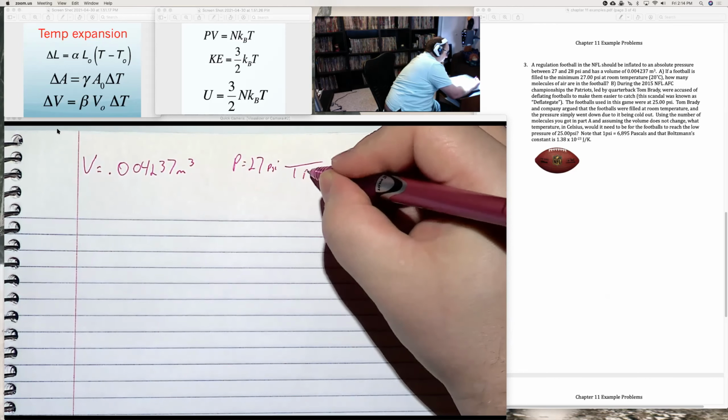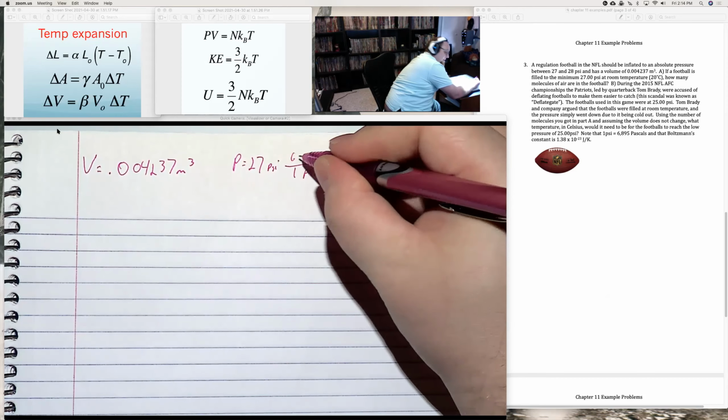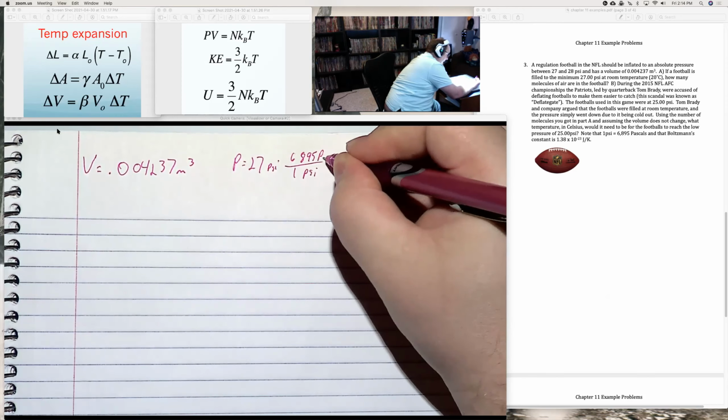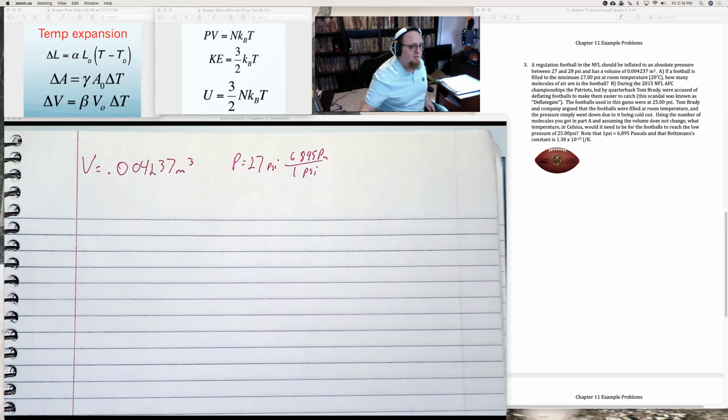But I say at the very bottom that 1 psi is 6,895 pascals. At room temperature, how many air molecules? Okay, this is talking about air in a football. This is a gas. Gases will be the ideal gas law and its friends, these equations. If I know the volume, pressure, and